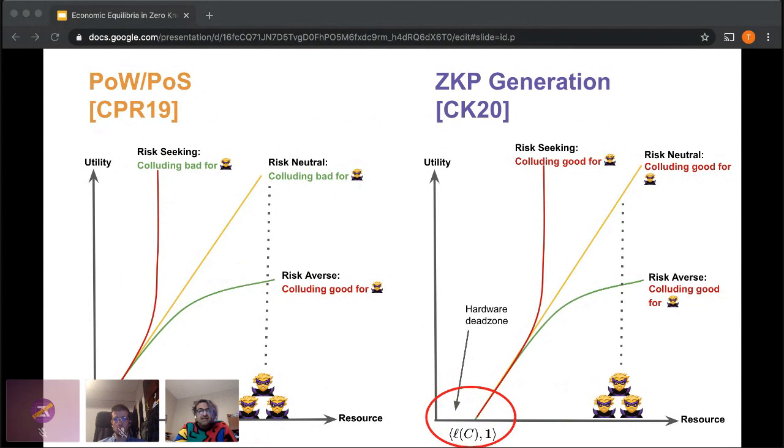On the other hand, the other type of collusion actually does work, because if I'm an agent who is below the constraint, so I don't have enough resources to meet the minimum, I join forces with some people such that we get over the minimum, I actually do increase my reward. But that's not necessarily bad, because that actually means that we've been able to take participants who were unable to participate at a certain time, and by colluding, they actually were able to generate new proofs. So there is a sense in which you want collusion up to this constraint, and that's the type of stuff you want to define correctly.